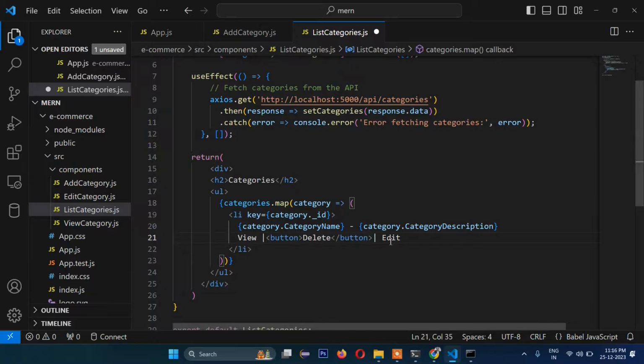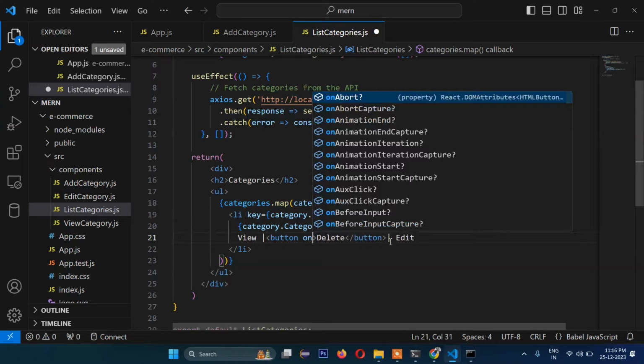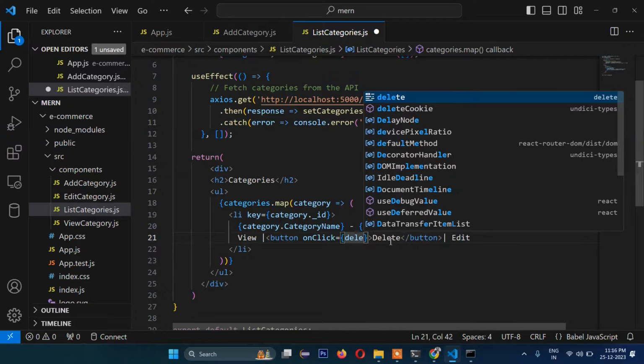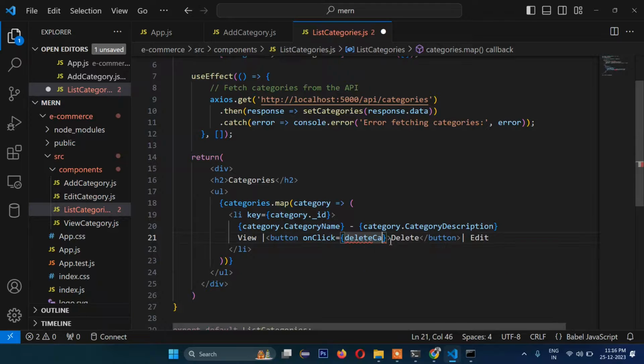Okay, and here on click, then delete category. Inside this category